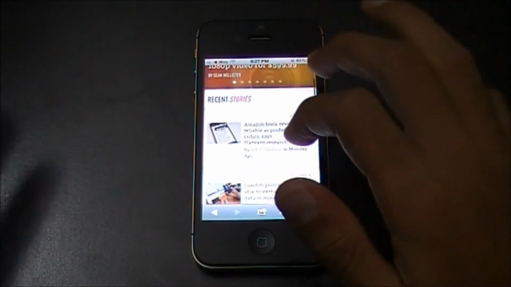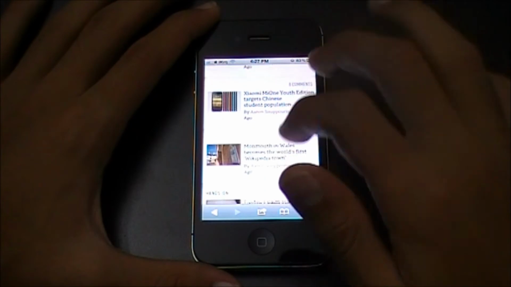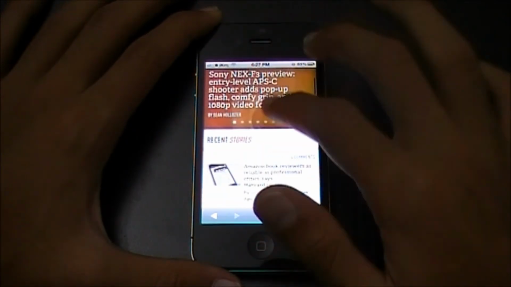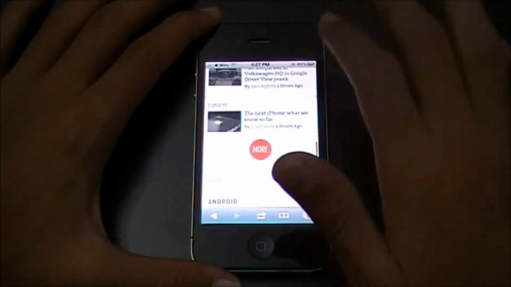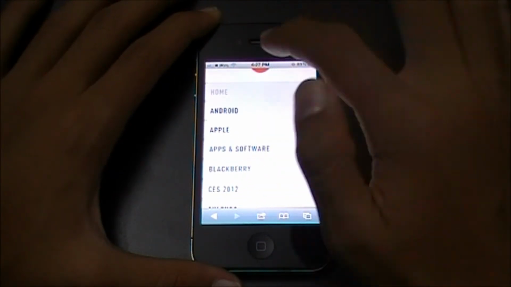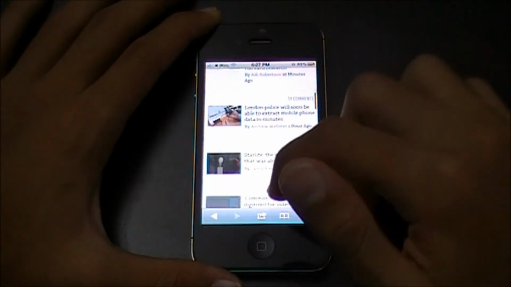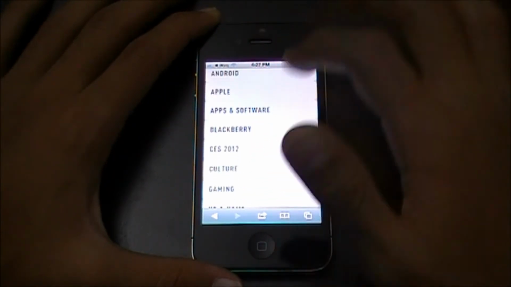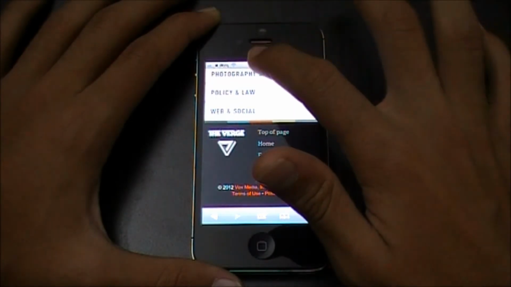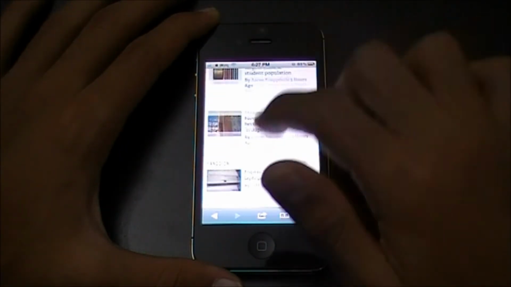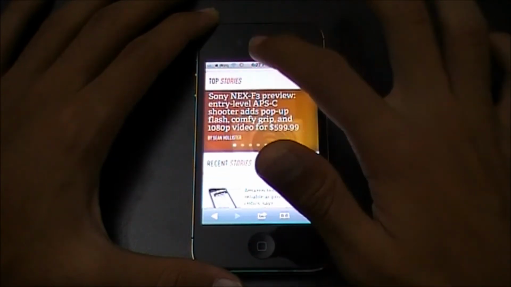Okay, so now I'm going to give you a tip on improving your browsing experience. Commonly when you're on a website with lots of content, you need to slide up and down, slide up and down. But to save the trouble of sliding up again, you can just touch the bar on the top to get yourself on the top again, and that's it. You save yourself some time sliding up and down again and again.